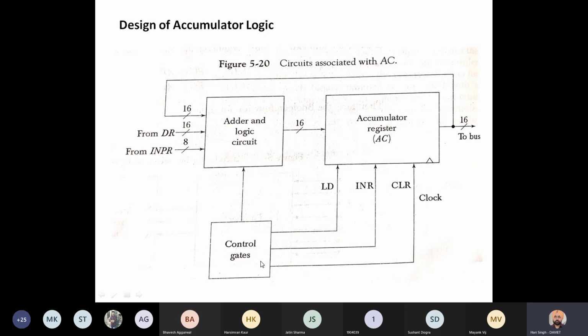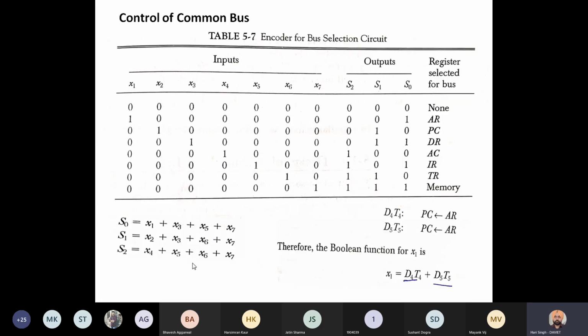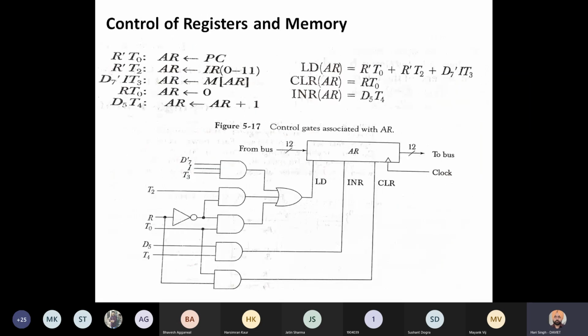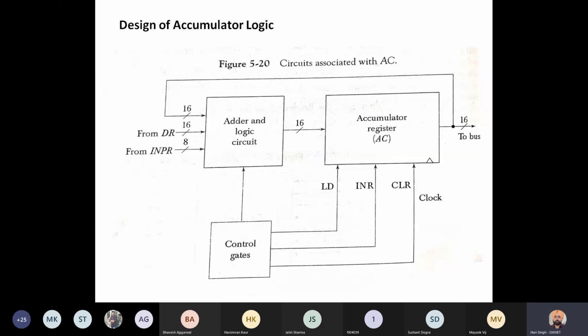So now this block has this circuit. Sorry, accumulator. So similar to the AR register, we can design a similar circuit for accumulator. The design will be based on the register transfer language instructions. So now in this diagram, that circuit is represented with the help of a simple control gates block.